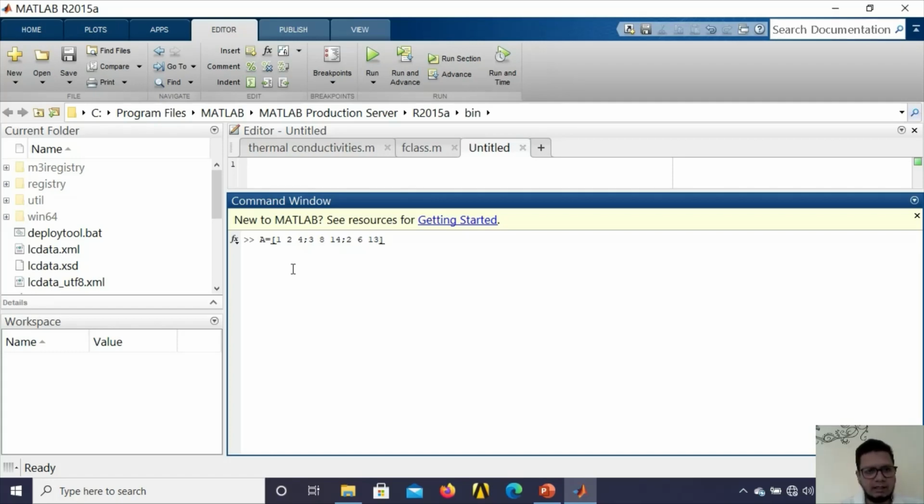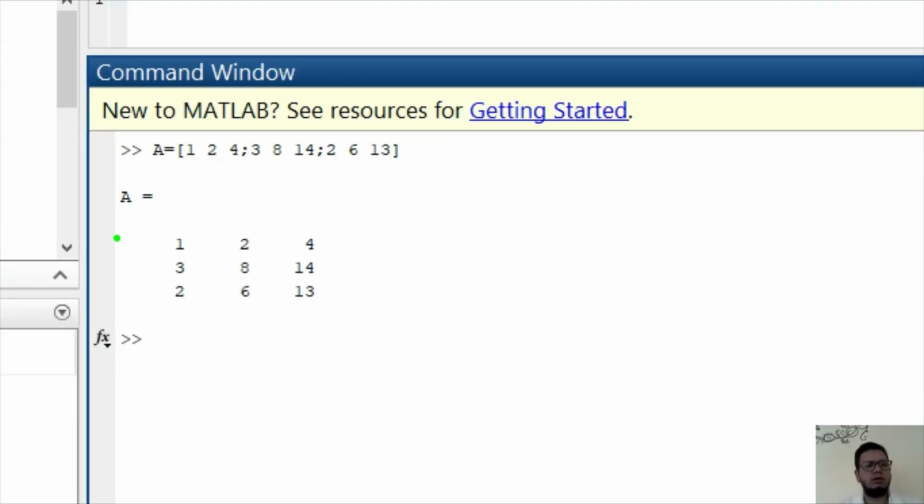Then just press enter. So this is your coefficient matrix A: 1, 2, 4, 3, 8, 14, 2, 6, 13.